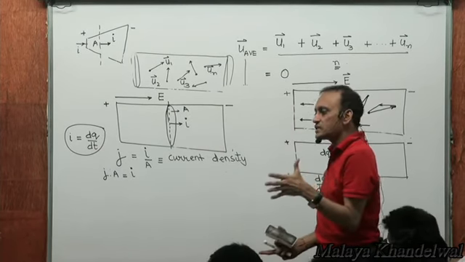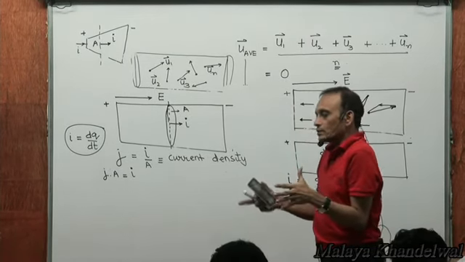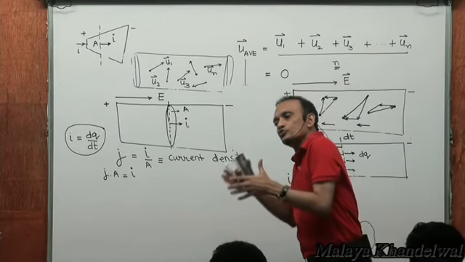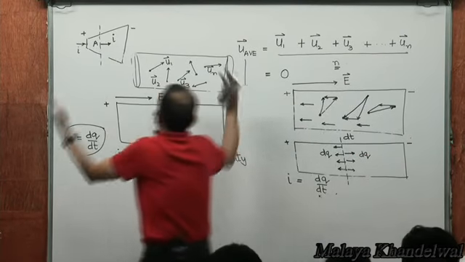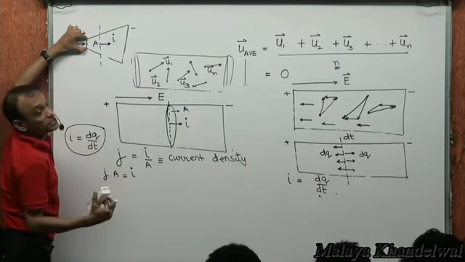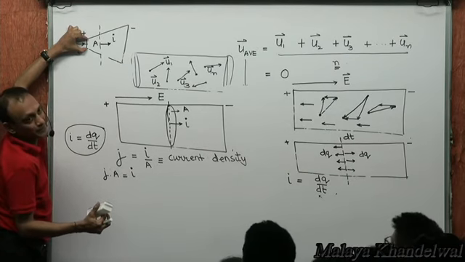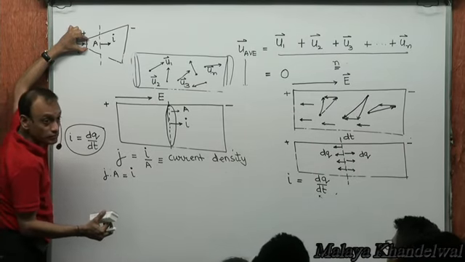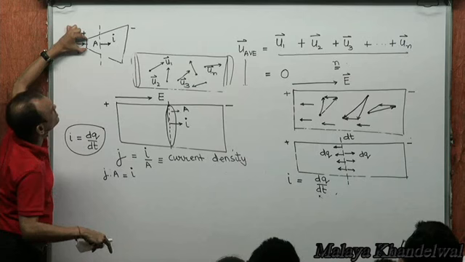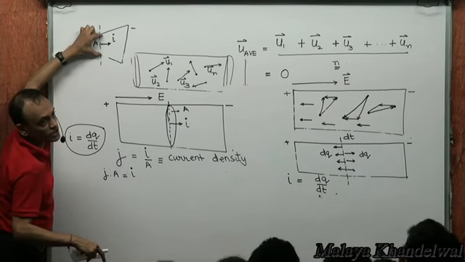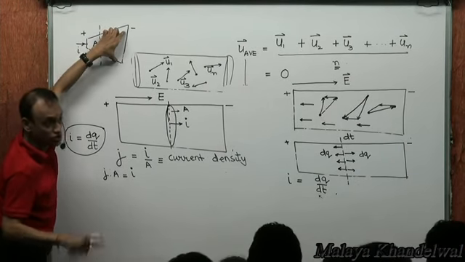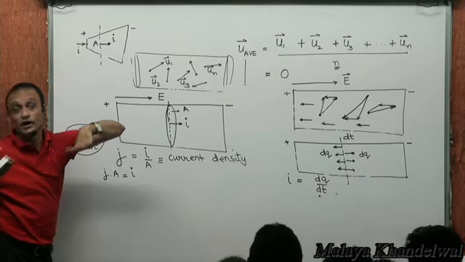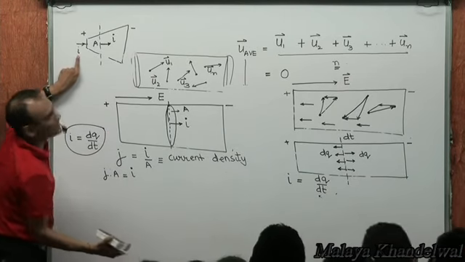There is another steady state notion. This is steady state in terms of current through various cross sections. However, the current through a given cross section could be a function of time. Current through a given cross section would be a function of time, right? So then, at that instant, the current through this cross section will be the same as the current through this cross section, will be the same as the current through this cross section under steady state conditions. If at a later instant, this current I changes,